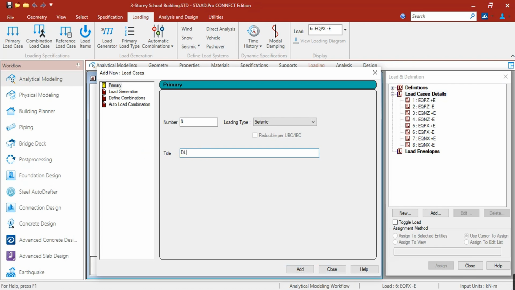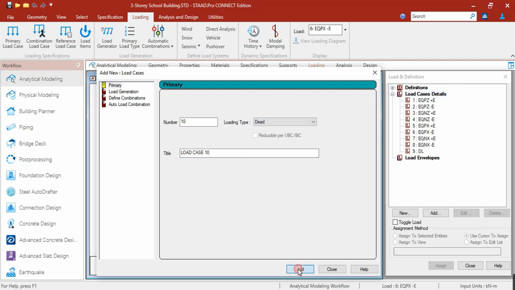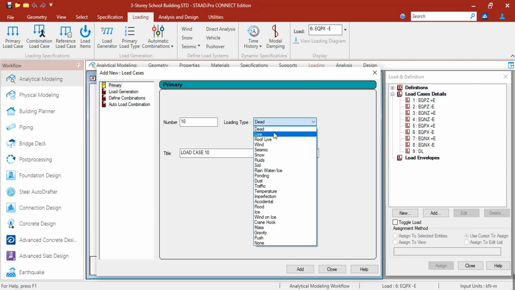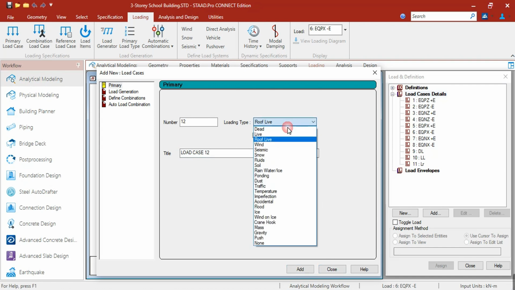Now let's proceed with dead load. So loading type is dead. Click add. Then we also have the live load, roof live. Okay, so we also have the wind loads.